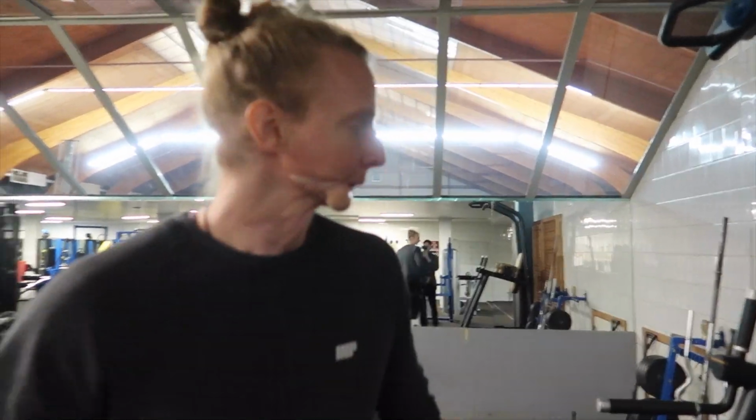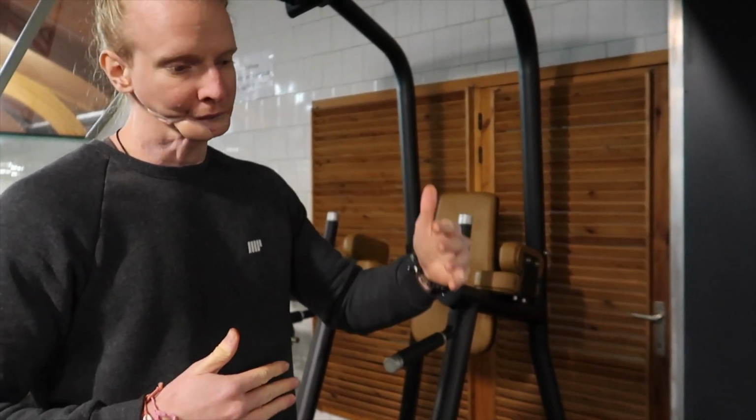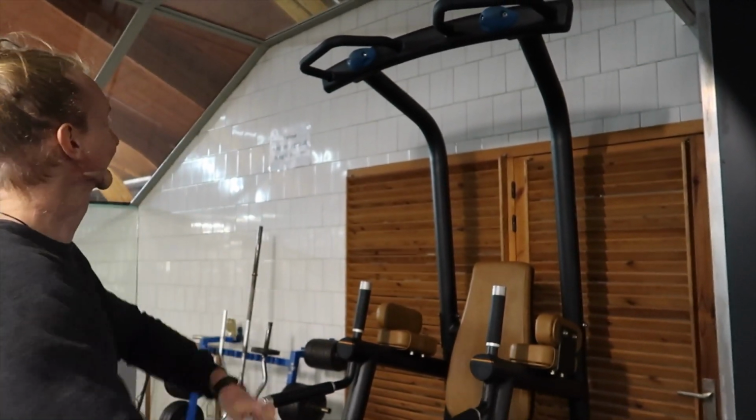Let's go! First thing I always like to do, this is my main staple when it comes to training back, is pull-ups. I cannot recommend pull-ups enough. Just start with bodyweight pull-ups, and if you get really good at it, over time you can add a weight. But I like to do this first because this is the type of exercise that if you get 3-4 exercises into your back training, it becomes too hard. So I always like to start